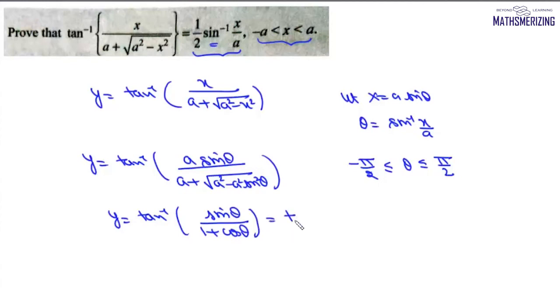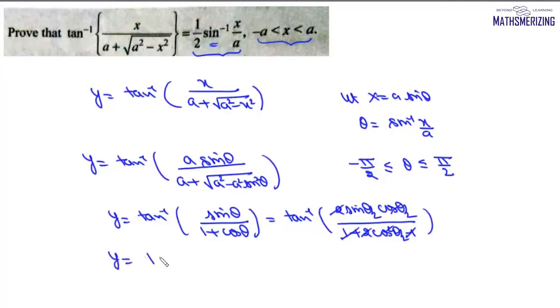Now again we'll use the half angle formula. So we'll get tan inverse, and here we'll write 2 sin theta by 2 into cos theta by 2 upon 1 plus 2 cos square theta by 2 minus 1. So this 1 and 1 will cancel, and we'll also cancel cos theta by 2. So we can write this as y equals tan inverse of